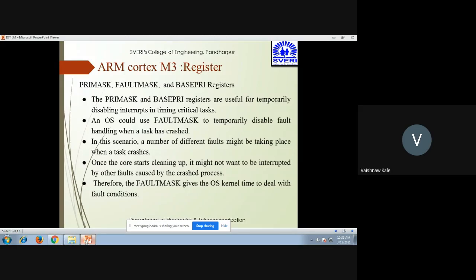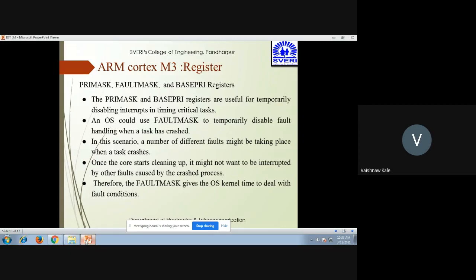In this scenario, a number of different faults might take place when a task crashes. Once the core starts cleaning up, it might not want to be interrupted by other faults caused by the crashed process. And therefore, fault mask gives the OS kernel time to deal with the fault conditions.